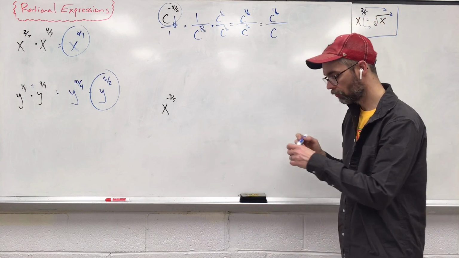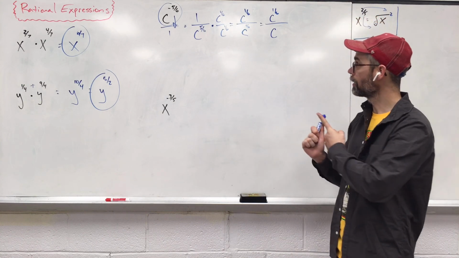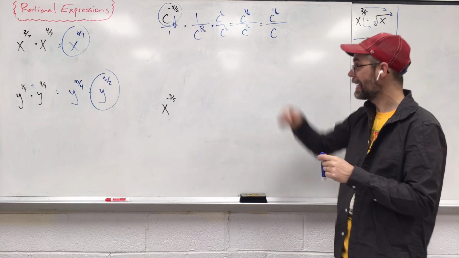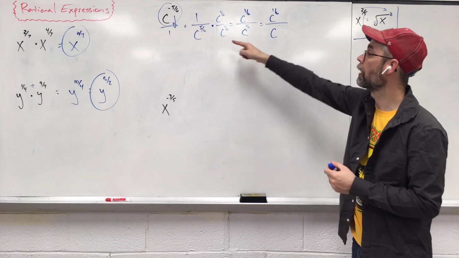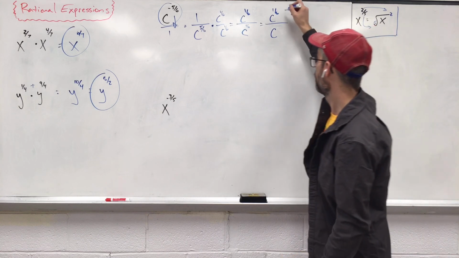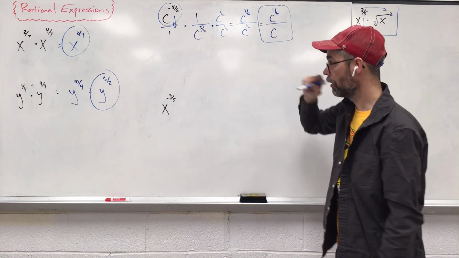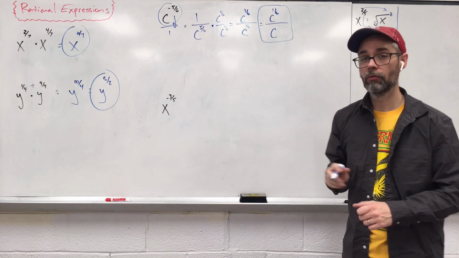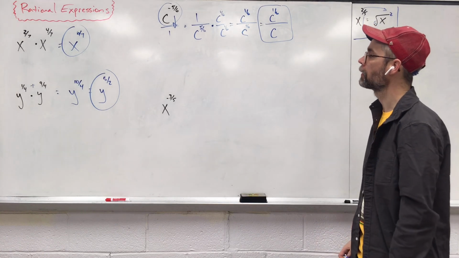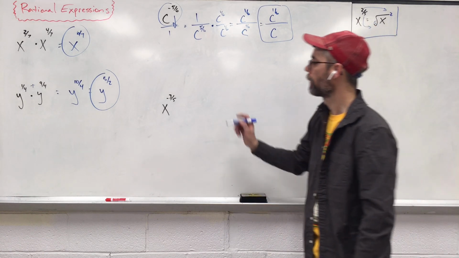And let's think of all those rules that I just said. Do you have only positive exponents? Yes. Do you have any fraction exponents in the denominator? Nope. We got rid of it. We're good. We're solved. Or simplified, rather. It's an ugly answer, but we make all of our rules happy in that aspect. Let's try it again. So